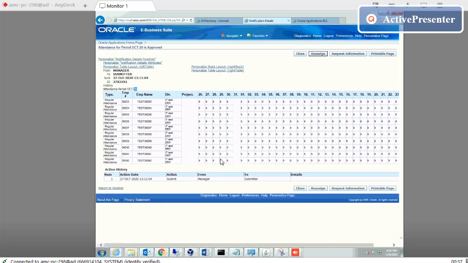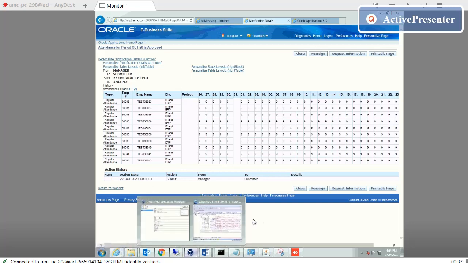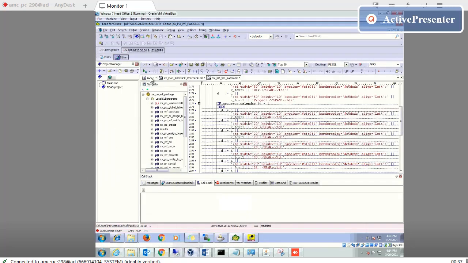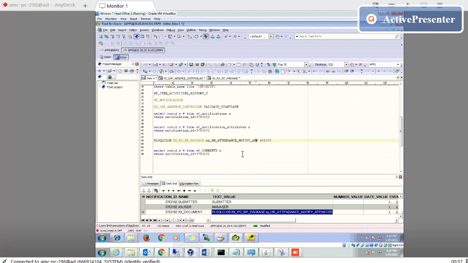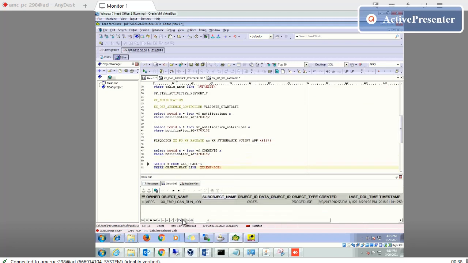So this is how I achieved making a customized approval hierarchy for our company. And how do we call this? I have written another procedure here. Can I show you the procedure?